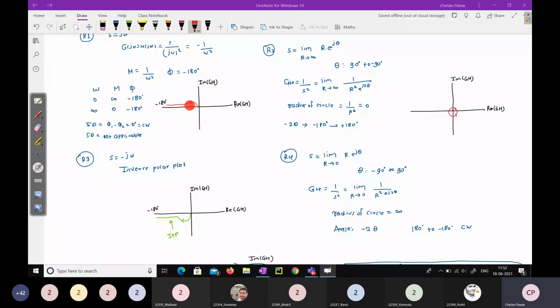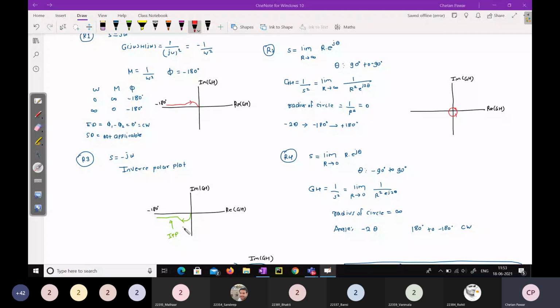Here you can see the clockwise direction is there. You see the direction continues. Okay, so we are varying omega from 0 to infinity and then minus infinity to 0, that way. So this inverse polar plot is just a mirror image of the polar plot. So no need of any calculation here. You have drawn the polar plot, you just take the inverse mirror image of it, and you will get the inverse polar plot. Okay, so region 3 mapping is done.